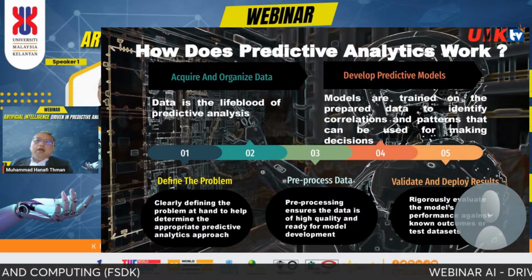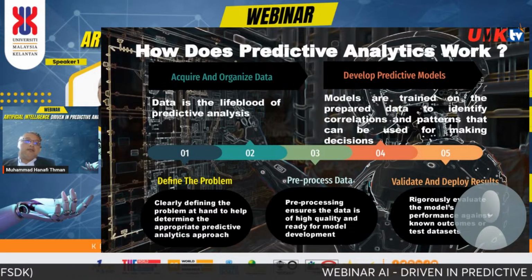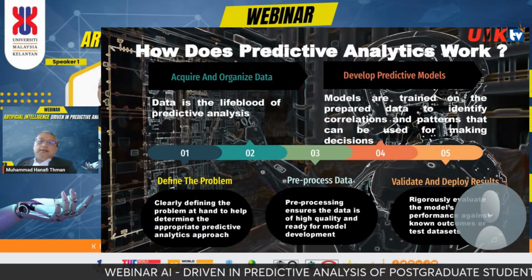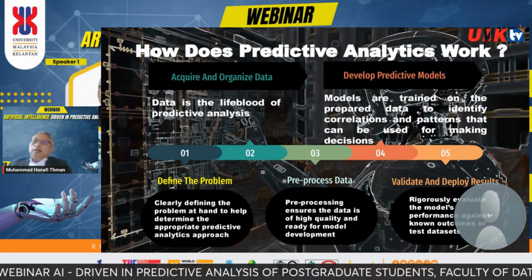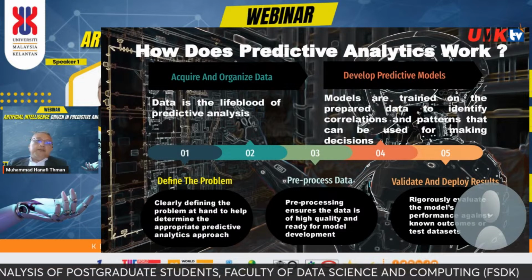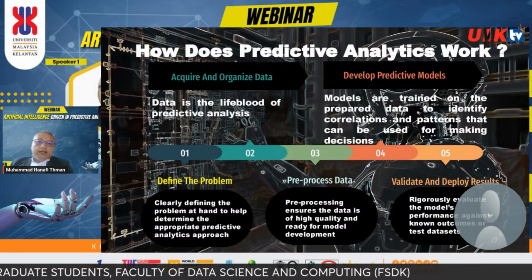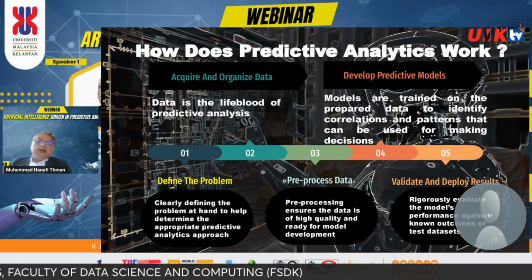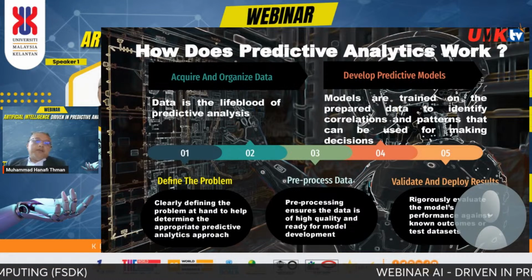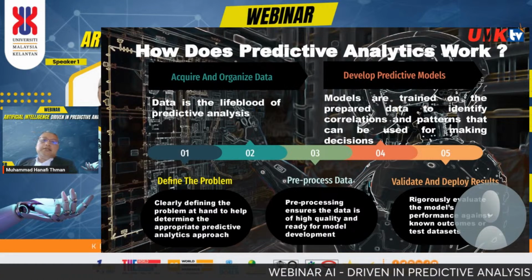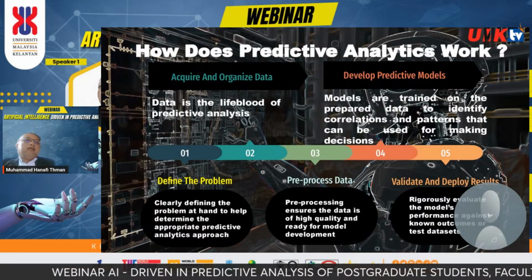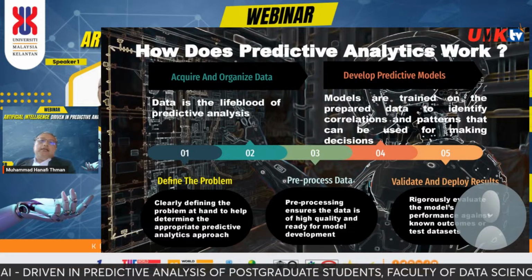Okay, how does predictive analysis work? Okay, the first step is defining the problem. Okay, defining the problem is clearly defining the problem at hand to help determine the appropriate predictive analytic approach. And the second one is data. The data is